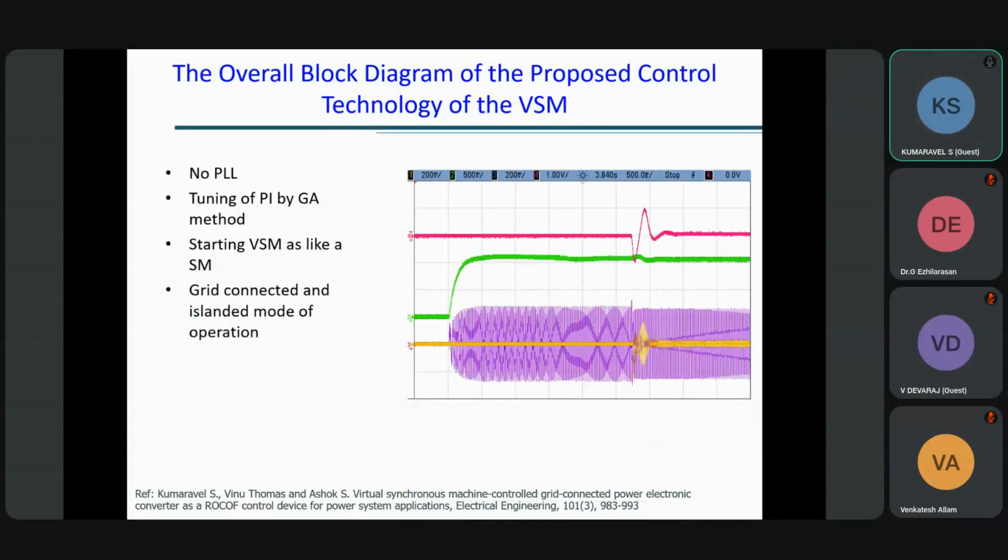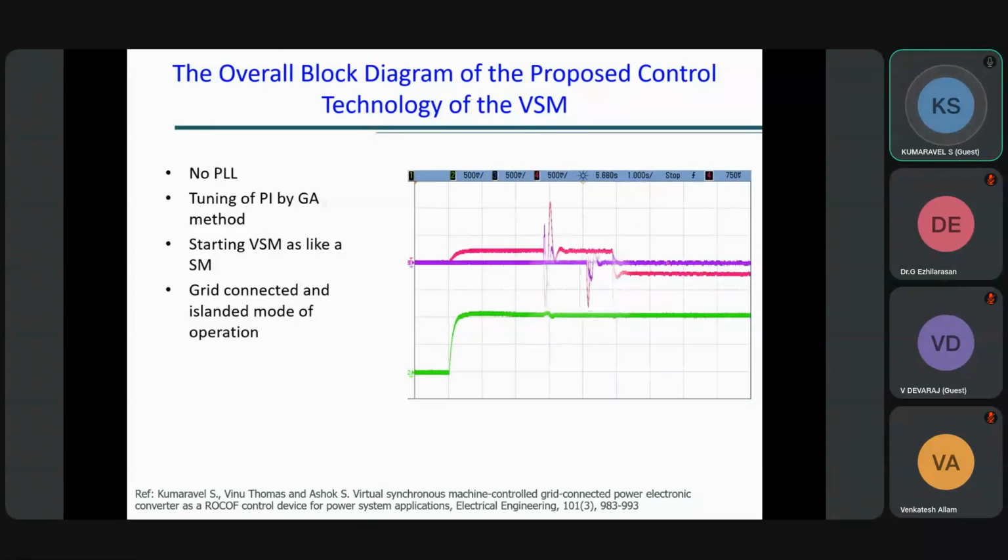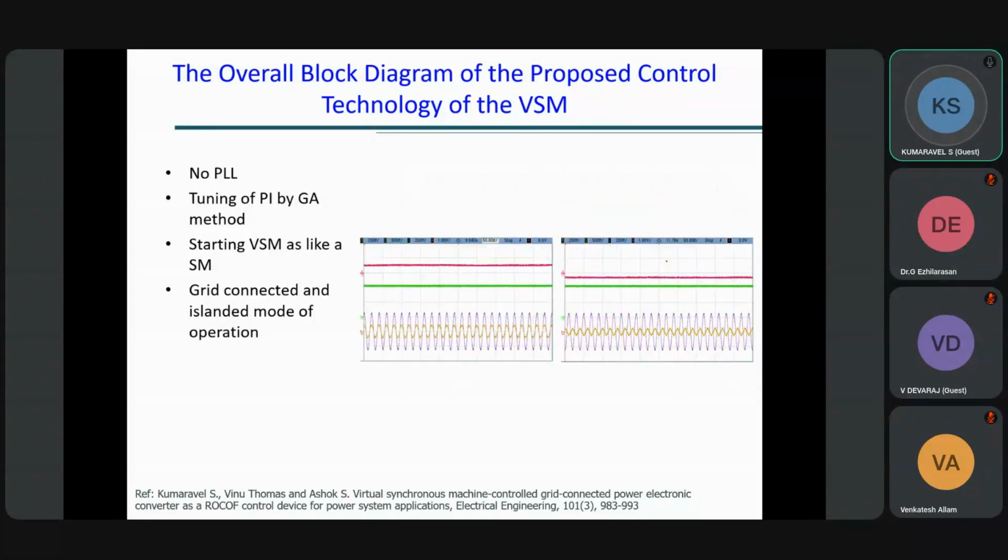You can see we have created a disturbance here. Okay. The system is still autonomous, and all of a sudden we move to a grid connected system, and we get a satisfactory performance here. This is a hardware result. Similarly, we have done a lot of analysis. We have even changed the direction of power from grid to battery and battery to grid. It is also giving an excellent performance.